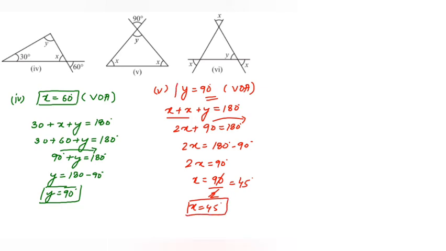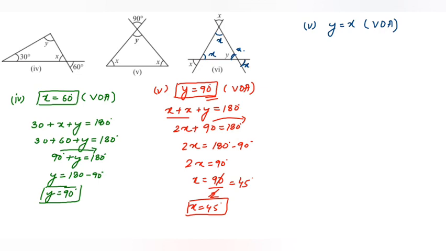Now the last problem is the sixth one. In the sixth one, if you see, they have given no values. We just have to calculate the x value and y value from here. So if you observe, this value will be equal to x, even this will be equal to x, and y will also be equal to x because of vertically opposite angles. So initially, if this is equal to x, then y will also be equal to x. So we'll write down y will be equal to x because of vertically opposite angles. In the same way we got the other two angles also; the interior angles became x.